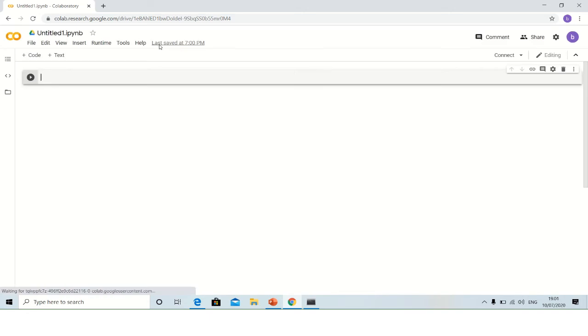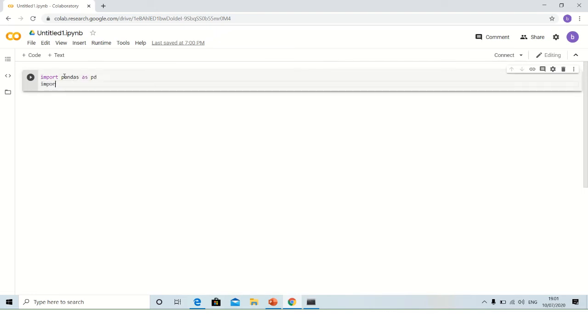My page has opened here, and you can write the Python program; I'm writing the same program. Import pandas as pd, import numpy as np.